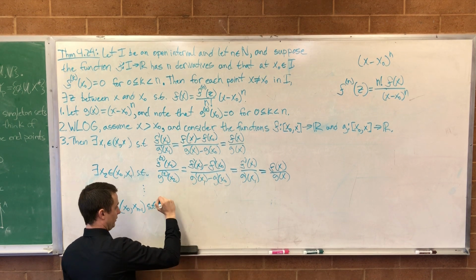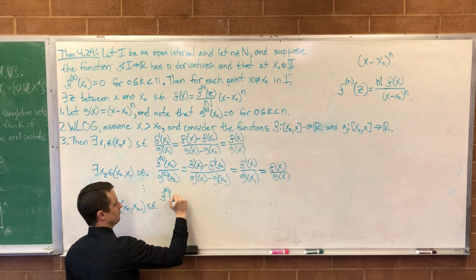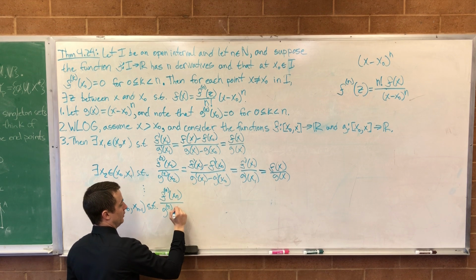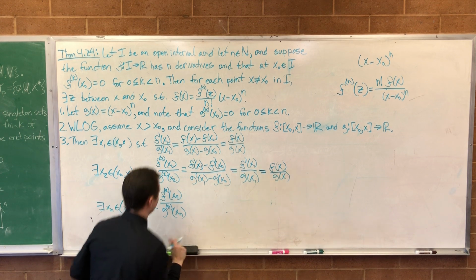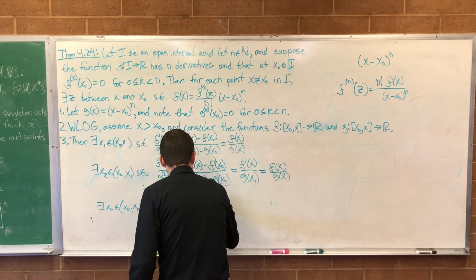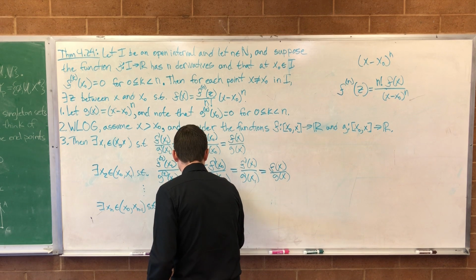Because here's where we're taking our final one. Such that the nth derivative of f at x sub n over the nth derivative of g at x sub n is equal to, exact same thing,